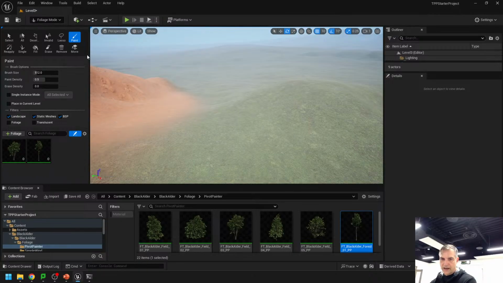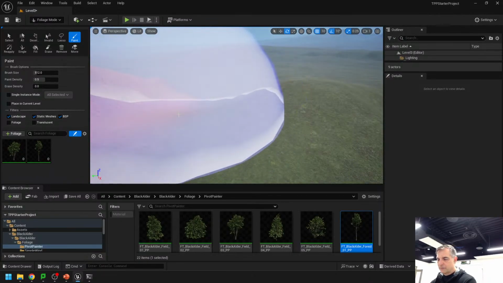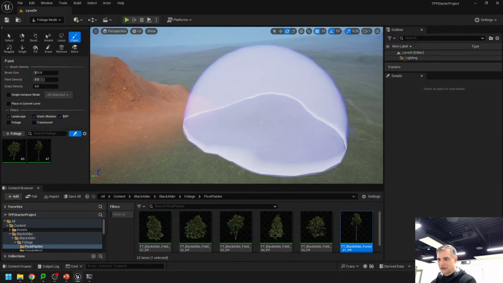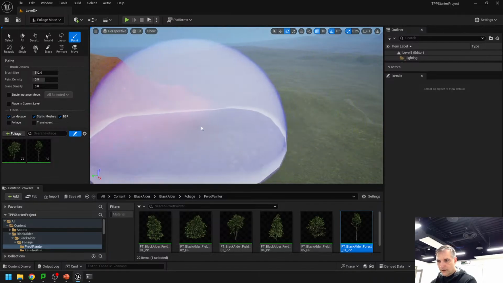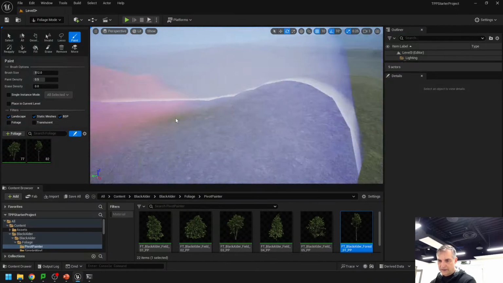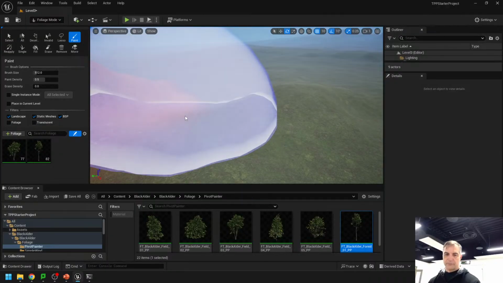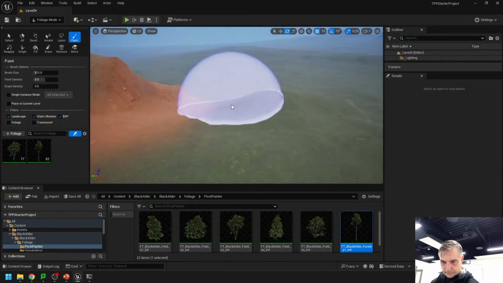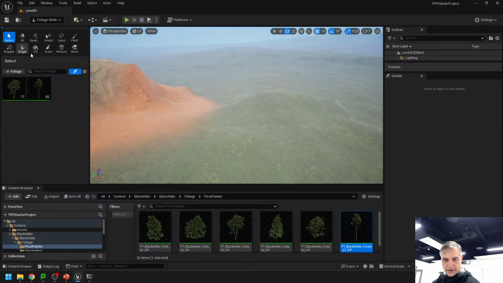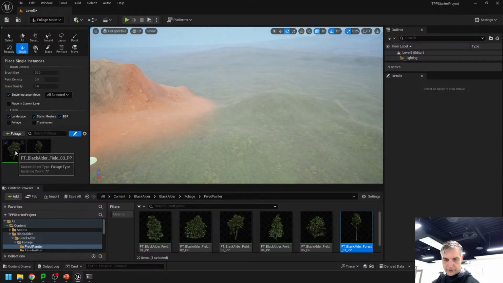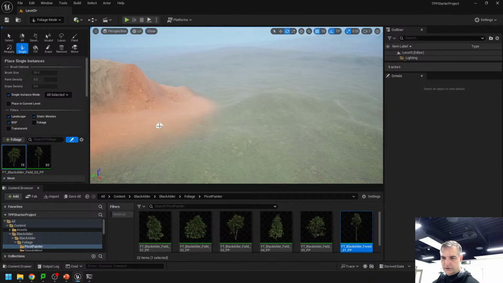Now if I try to paint, you can see that I've got a pretty big paintbrush and it'll be too much. So a couple of things to note about how the painting works when it comes to setting up your foliage. There's select, there's single. If I want to choose a single tree to put in there,